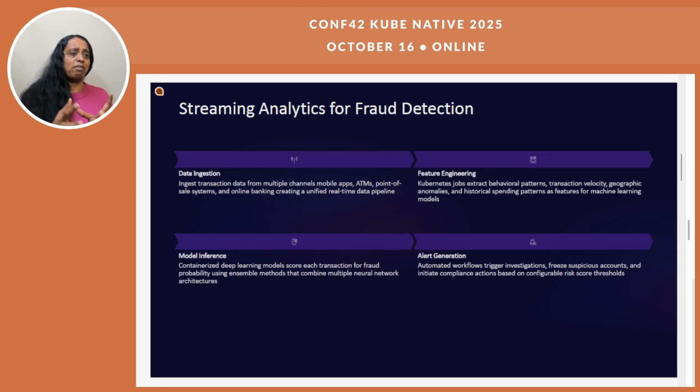So, what I've represented on screen is just four different steps, where the ingestion is being done by this event driven architecture, which is listening to the signals. And Kubernetes is leveraged for the containerized implementations. The models are helping detect the patterns, and alerts are the ones that help financial services organizations detect